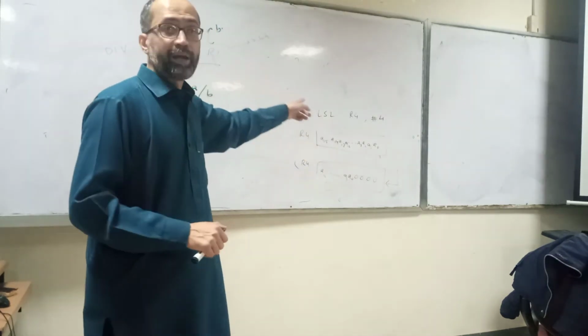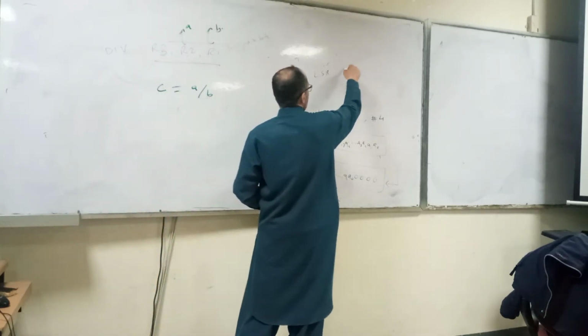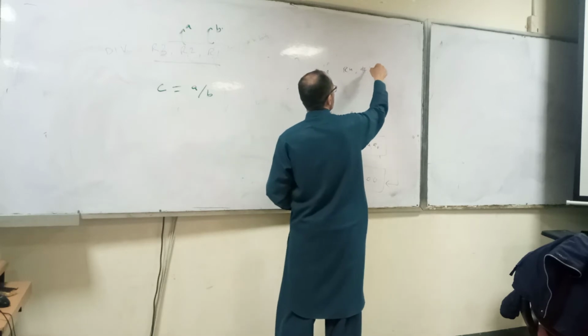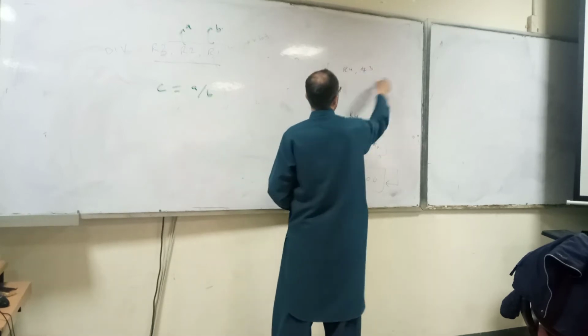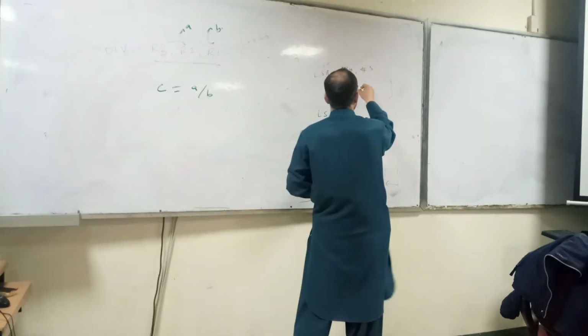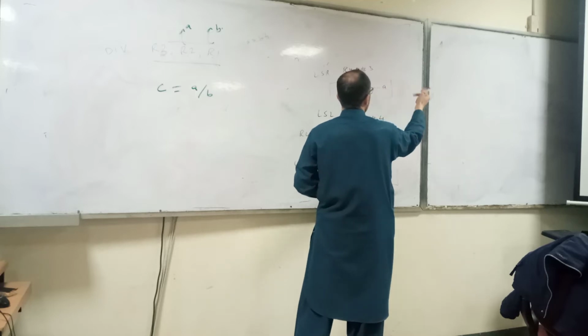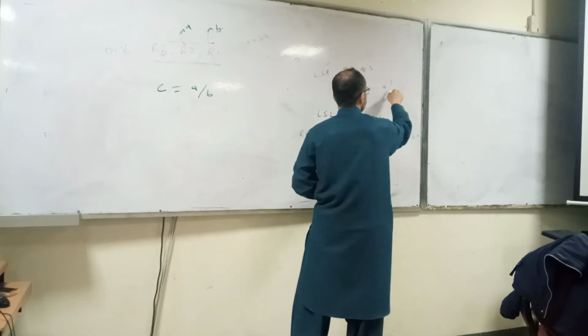And if logical shift right R4 hash 3, then 0 0 0, then A15, A14 up to 0 1 2 3. Okay, now if we say